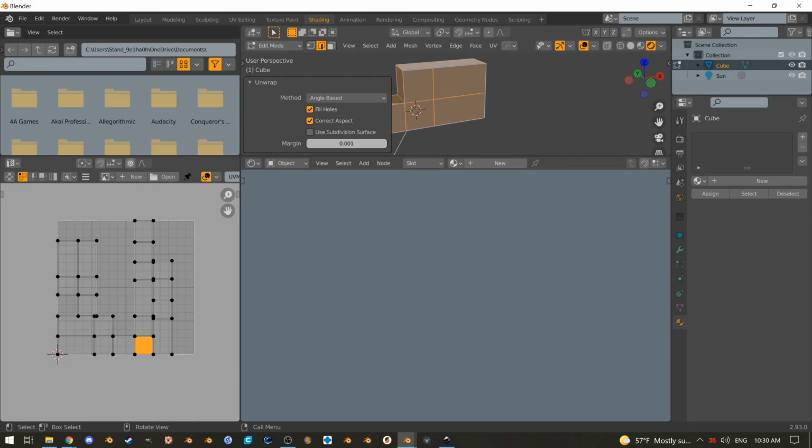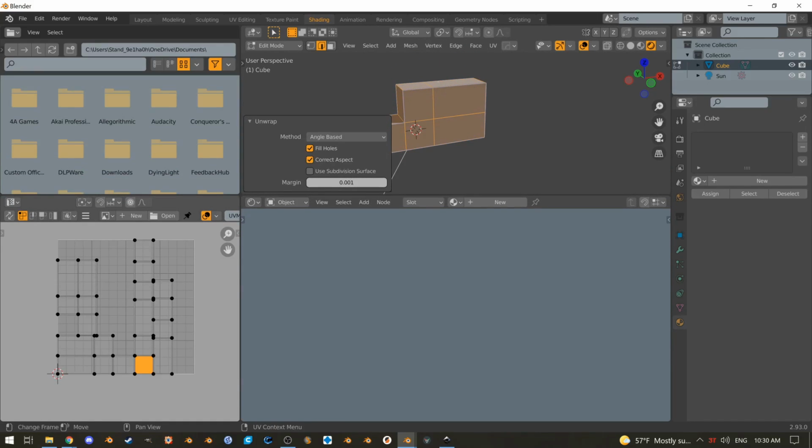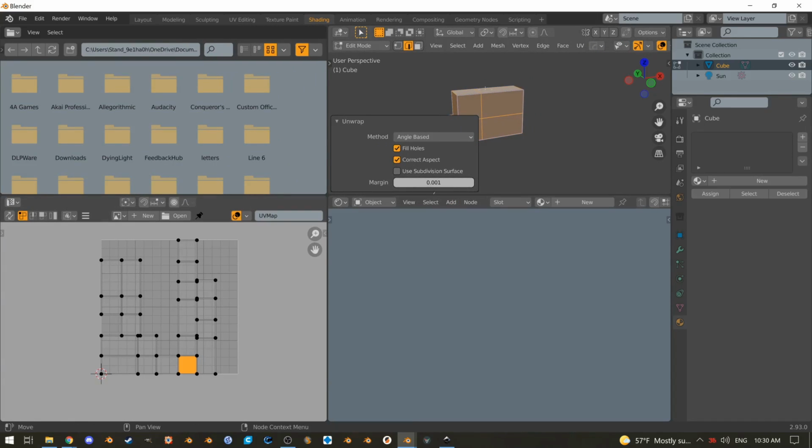This thing is off of Blender Market, I think. And basically it is very nice. But anyway,